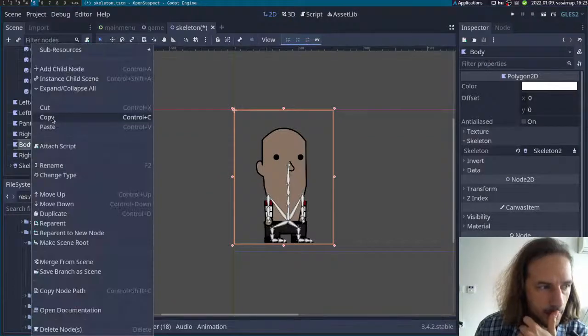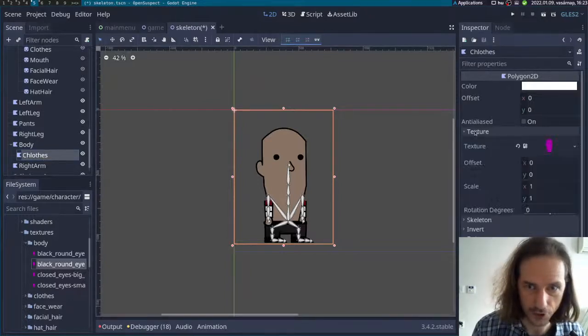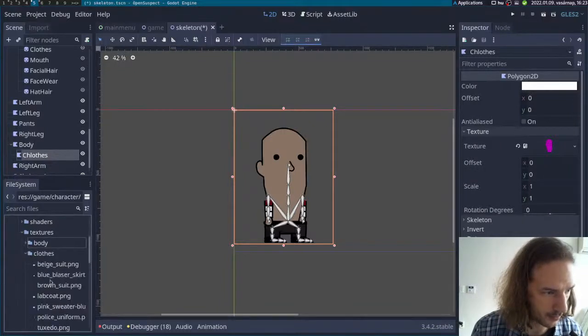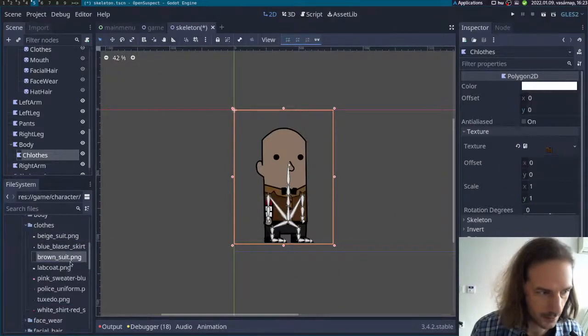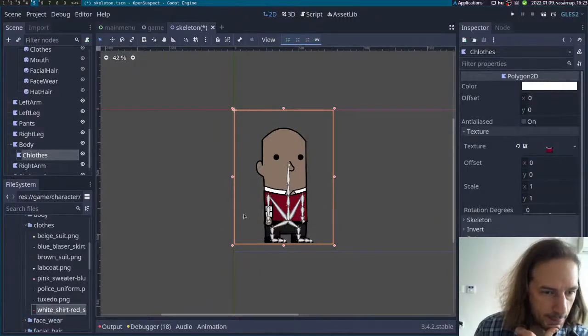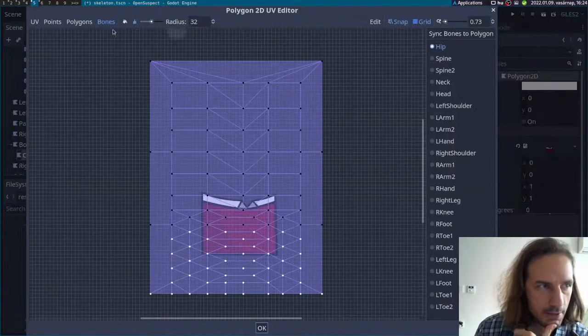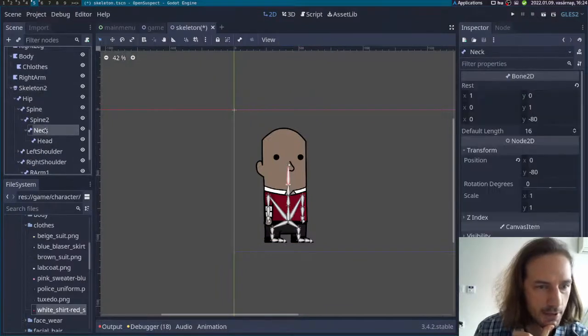No, actually just copy and paste. And the only thing that we need to change is the texture from body to a cloth texture or whatever. Let's make it this one, for example. No, this was the red, white red. Alright, white red, that's the original one, I guess. And now the UV and the skeleton and everything is the same for this. So now if I go back to my skeleton 2 and decide to fool around,